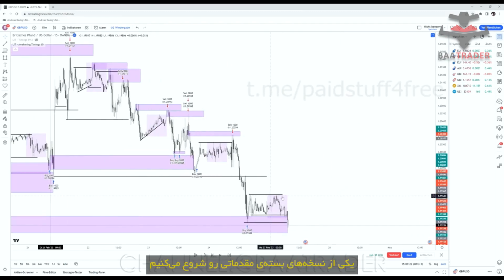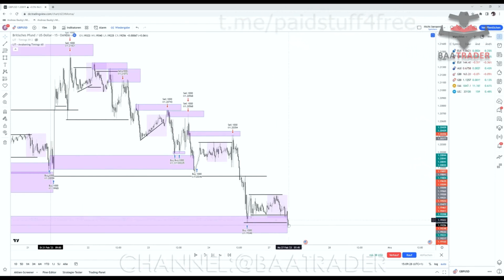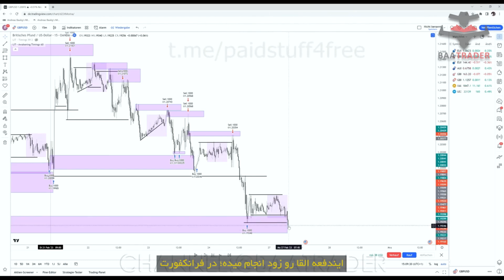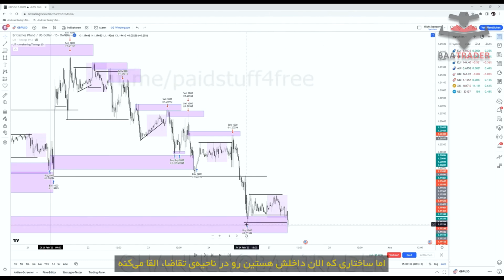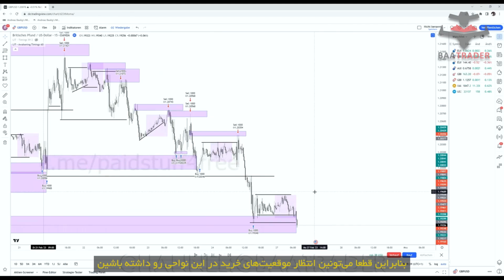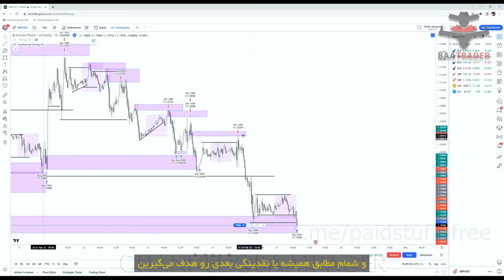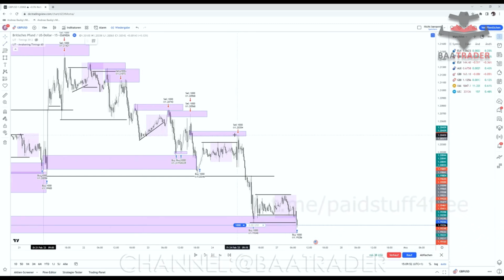What do you have? Starter kit variation, Asia range forming the equal lows, Asia range forming the fake trend, inducing low early this time in Frankfurt, but inducing the structure, and you already are in the demand area. So you definitely can expect the buys in these areas, right? So personally, 100% I would open the buys in here, and you aim as always for the next liquidity either